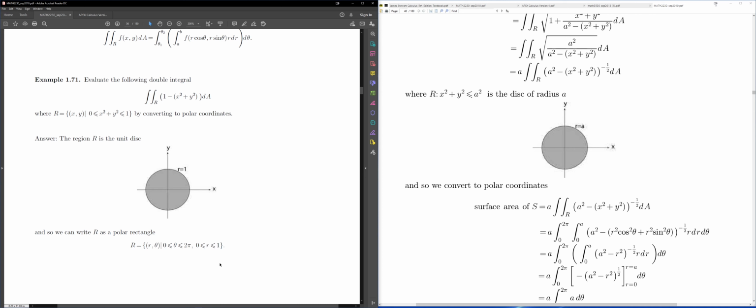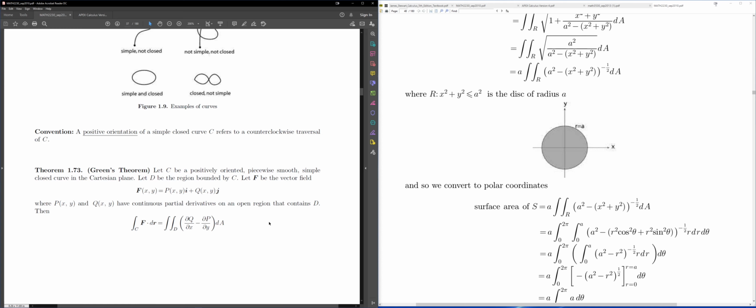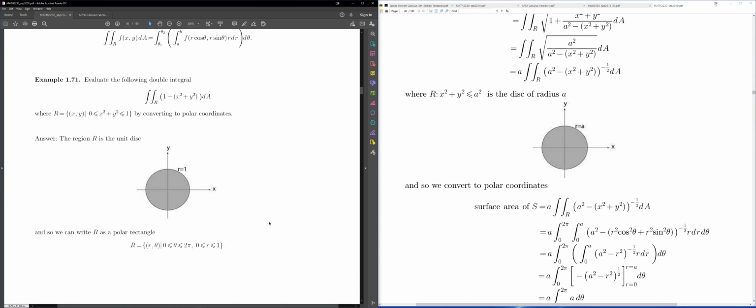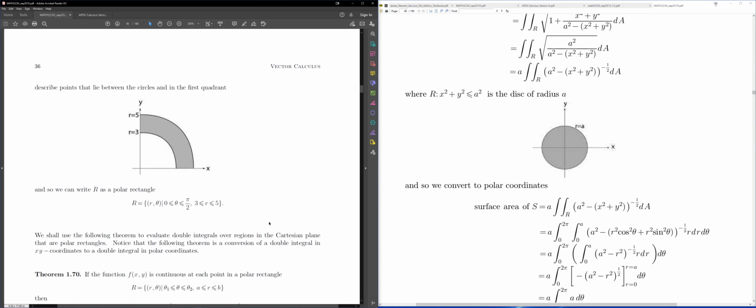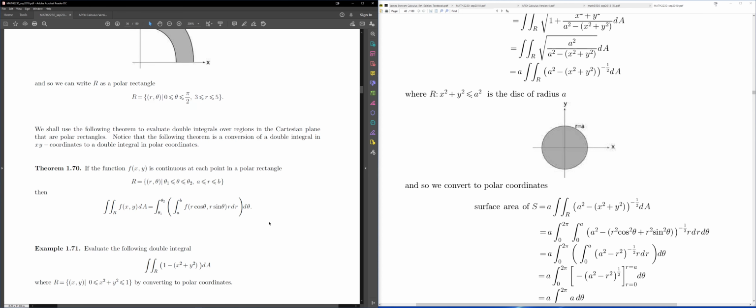Okay, and then when I do the conversion to polar coordinates, let's remember that your conversion to polar coordinates is via this formula here. So to convert to polar coordinates, where you see the x and the y, you're going to replace the x by r cos theta and the y by r sine theta. So this is the conversion from xy to polar coordinates, and that's what I'm using to go from here to